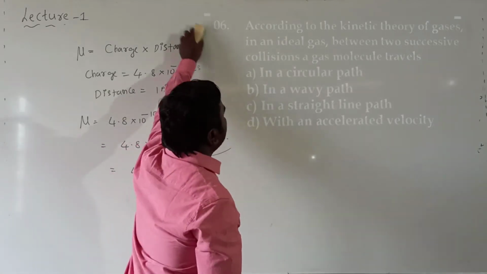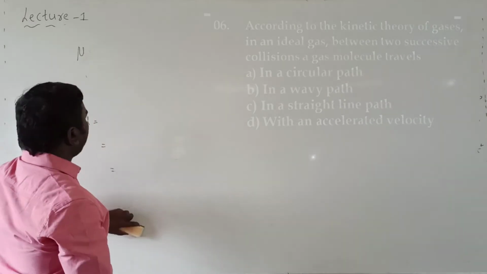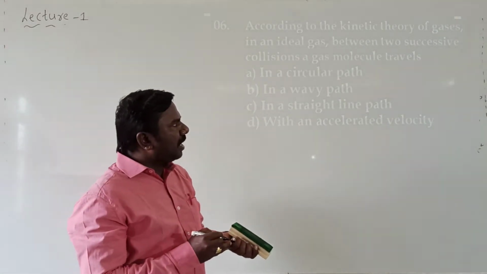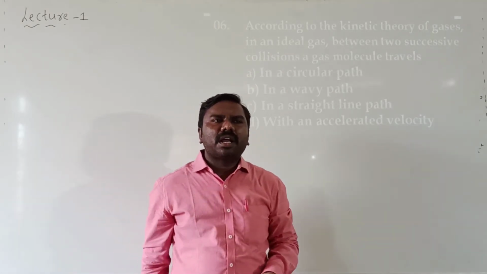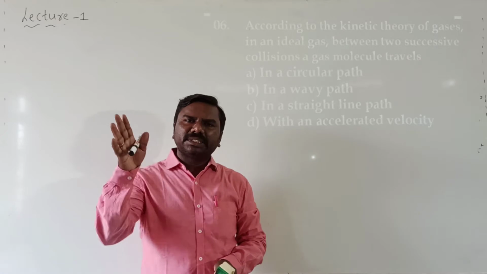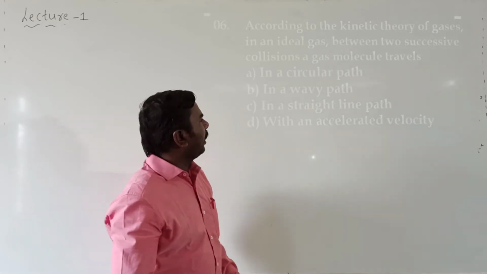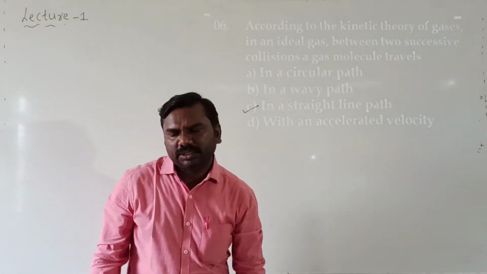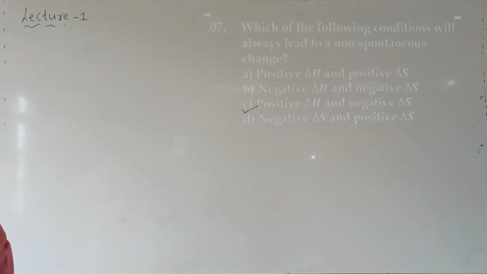According to the kinetic theory of gases, for an ideal gas between two successive collisions, molecules travel randomly in all directions, in a straight line but not in a different direction. So the answer will be in a straight line path. Next bit is,